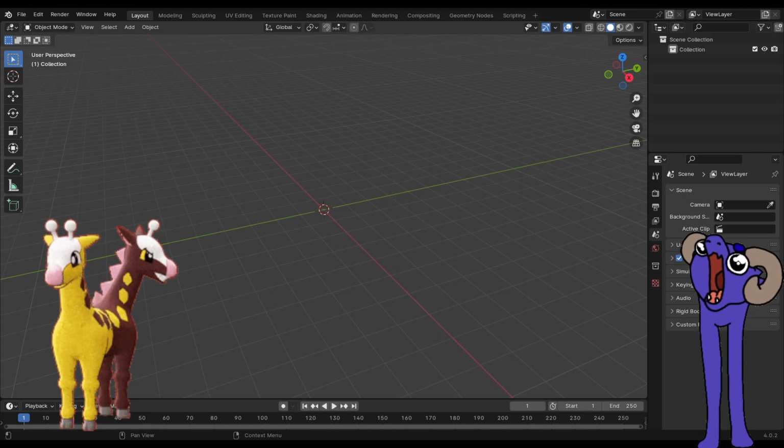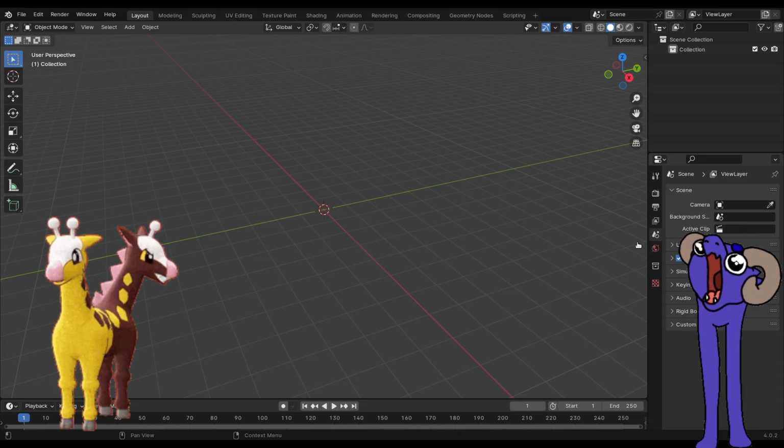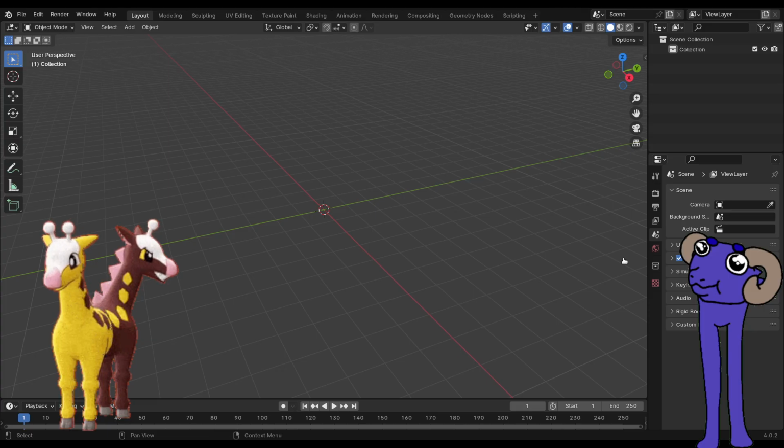I definitely want the male girafarig because it's got more brown going up the body, so it saves me a bit of effort. So we want girafarig M .fbx, and then we export this as... Roblox has its own model format. Interesting. Yeah, I want to export this as an FBX file, download, and then if I replace this one,